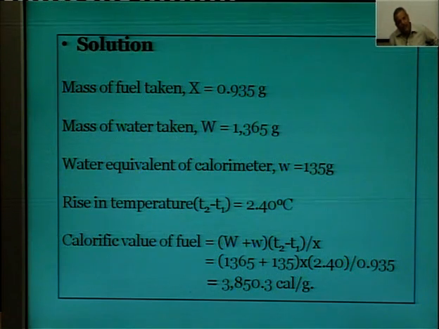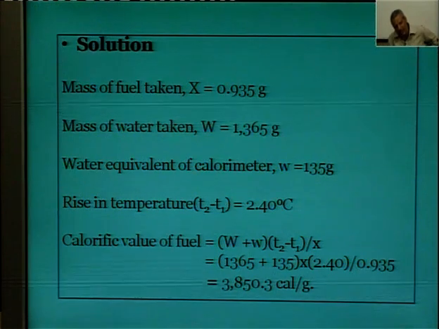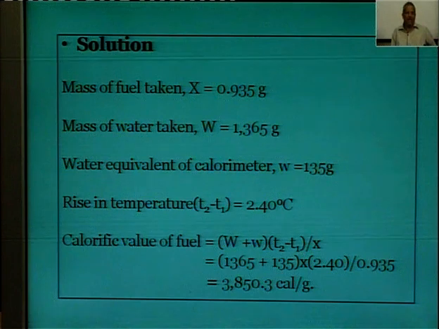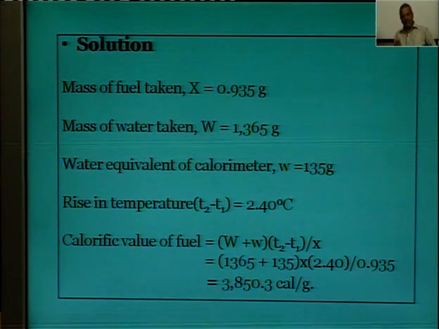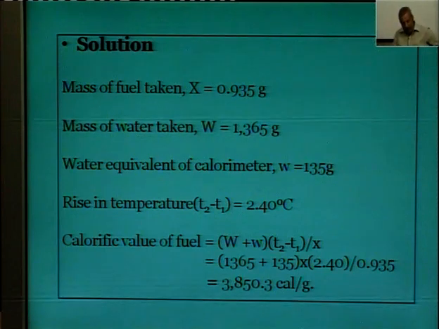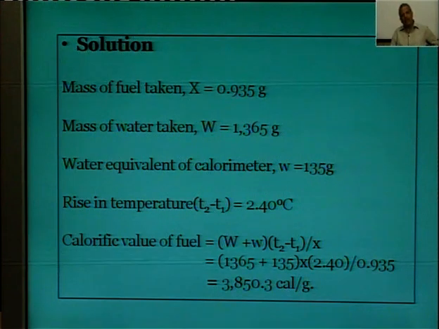So, the calorific value of the fuel is 1365 plus 135 times the rise in the temperature, 2.40, and the product of this is divided by 0.93 gram, and by doing this we will get the answer that the calorific value of the fuel is 3850